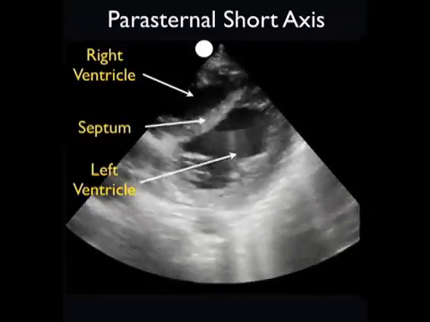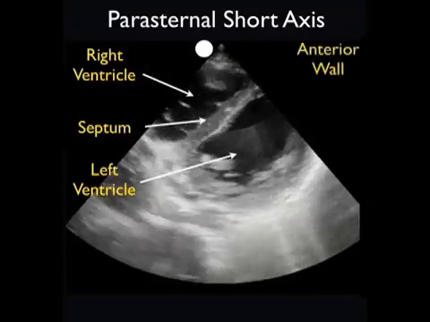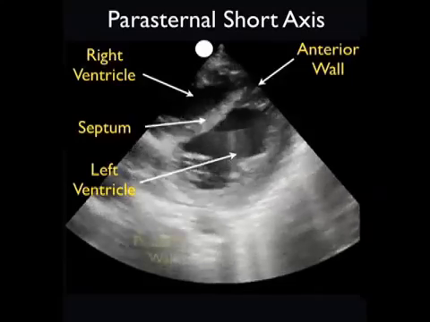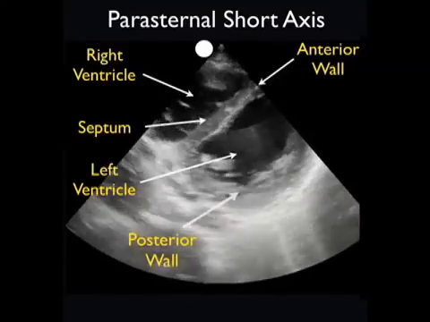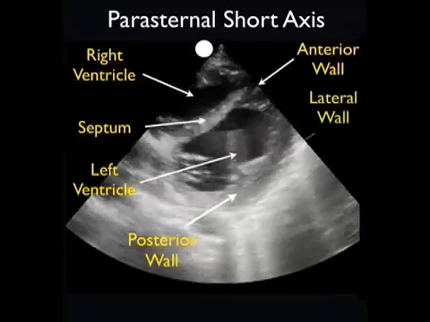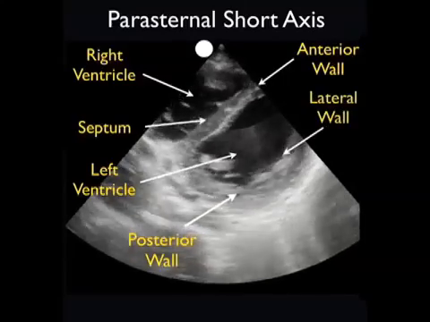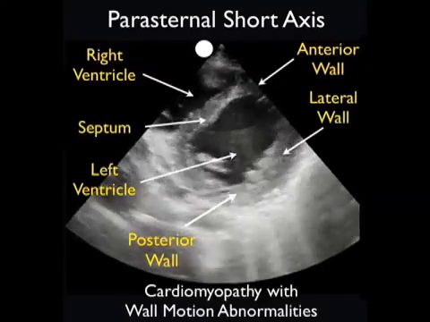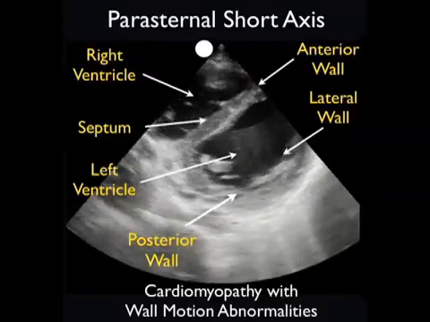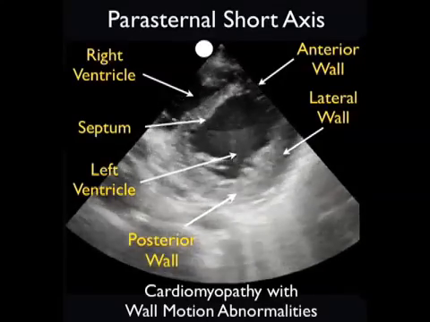For learning purposes, we'll identify the walls of the LV, the septum in between the ventricles, the anterior wall to the top of the screen, posterior wall to the back, and the lateral wall as shown here towards the right portion of the screen. Now, while I show the walls of the left ventricle here, it's important to realize that the goal of emergency echo at the bedside is to determine overall left ventricular contractility rather than looking for segmental